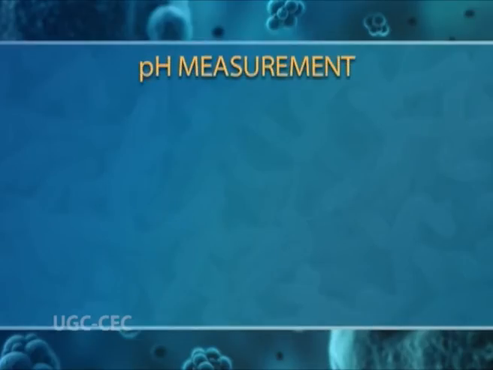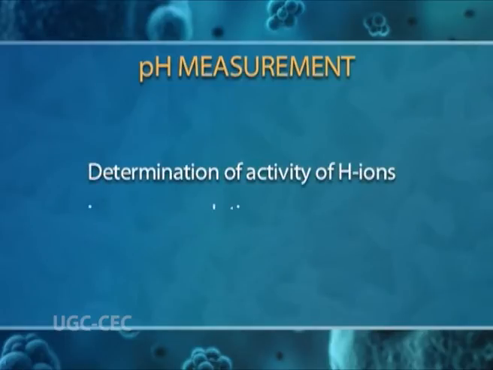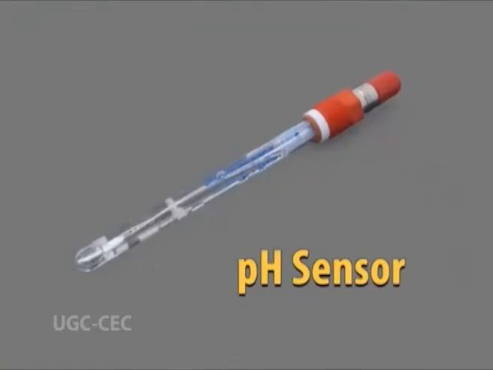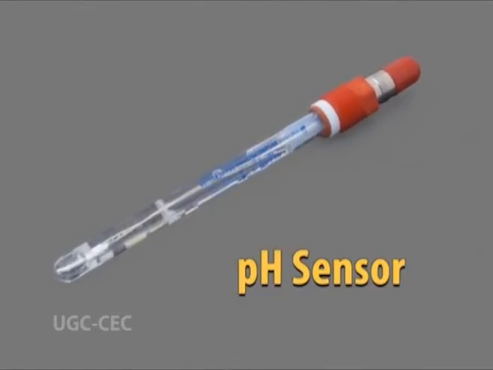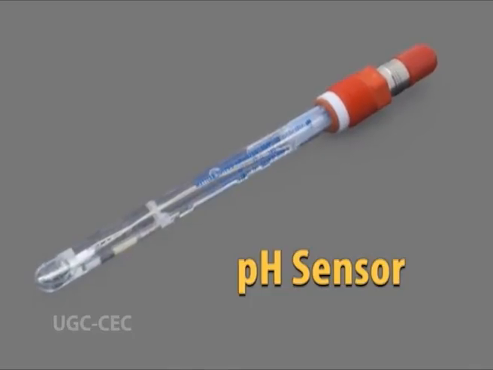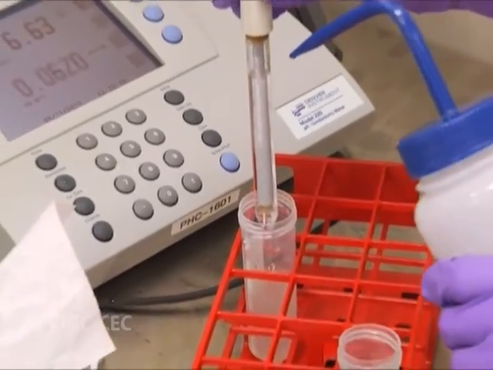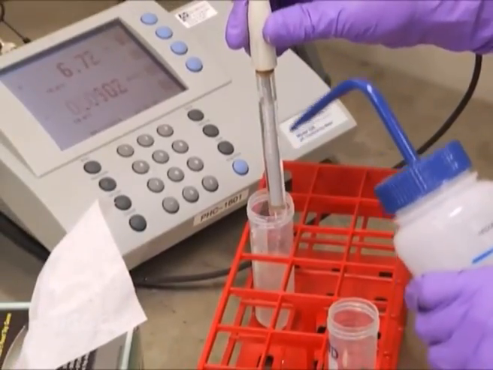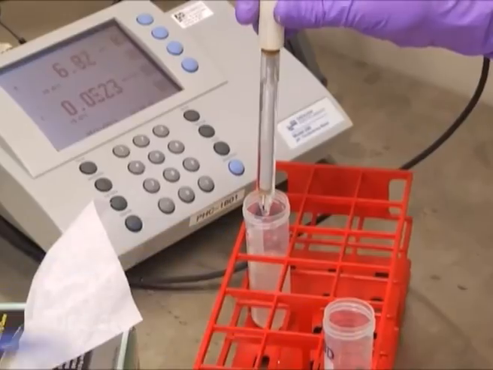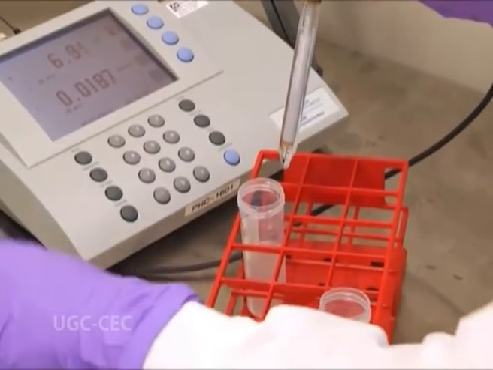A pH measurement is a determination of the activity of hydrogen ions in an aqueous solution. Certain microorganisms grow in particular pH only. In fermentation, it is very essential to control pH in order to grow the desired microorganisms for product formation. pH control sensors are used in fermenters for periodically checking pH. In applications ranging from industrial operations to biological processes, it is important to have an accurate and precise measurement of pH.